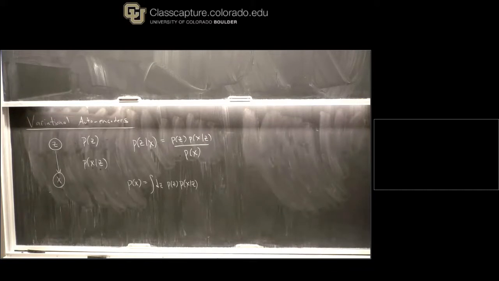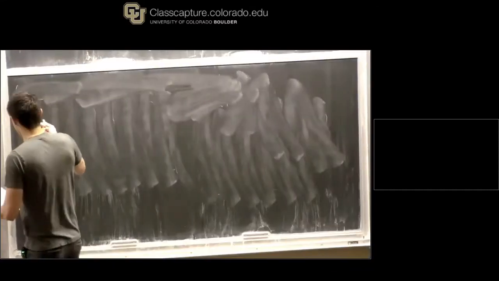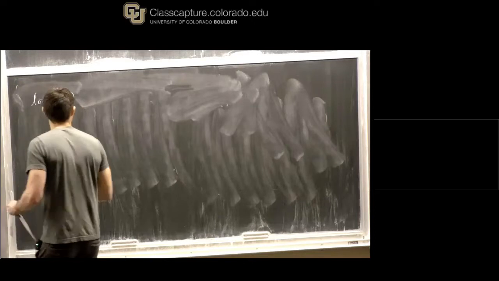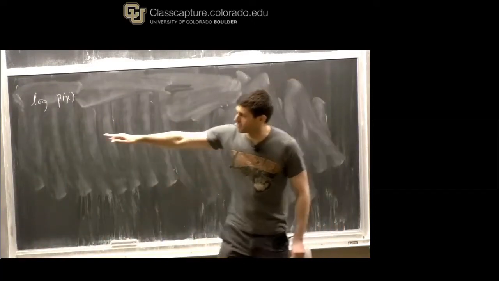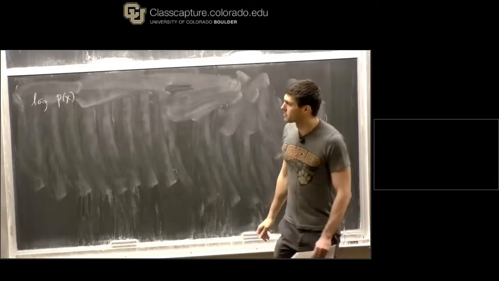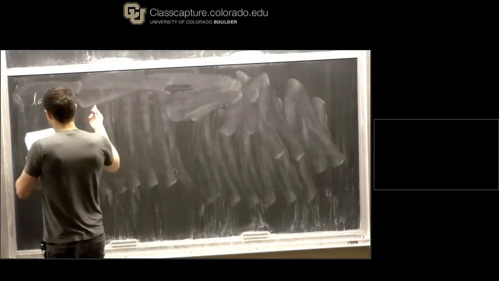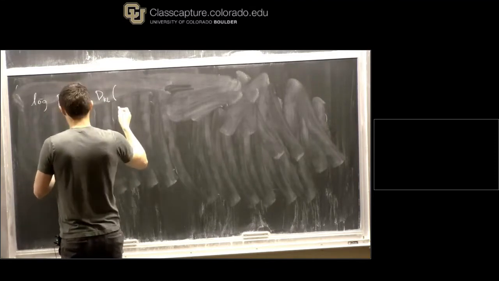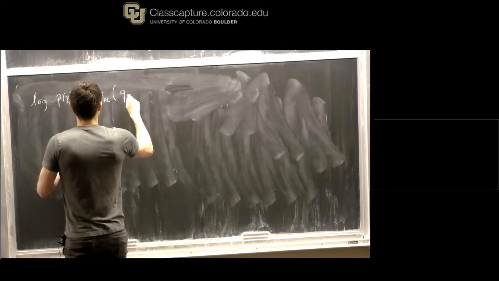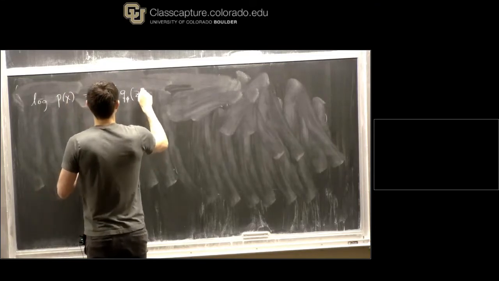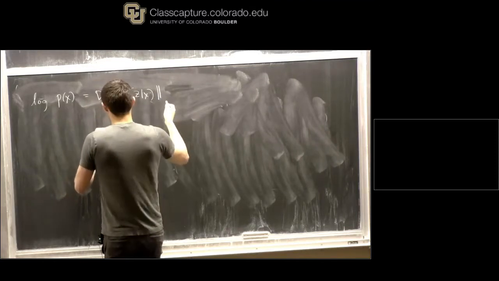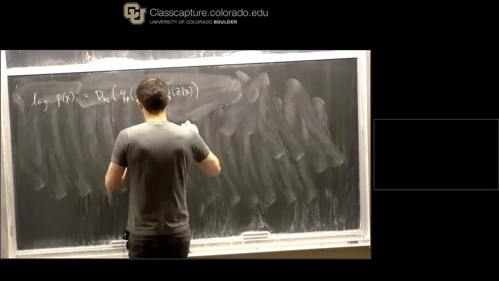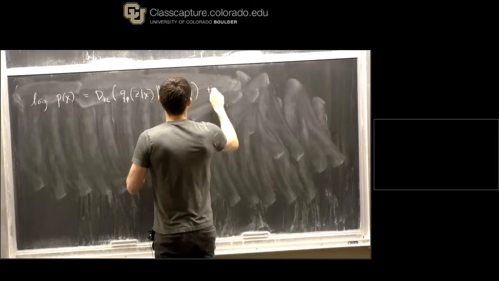So it turns out that there's an identity. Let's say that we have the log of P of X, and I don't know what that is because it's too hard for me to compute P of X. It turns out that I can write this as the Kullback-Leibler divergence, which we were talking about a couple minutes ago, between this distribution Q that I'm going to introduce, which is going to have some parameters, and P, plus a term,